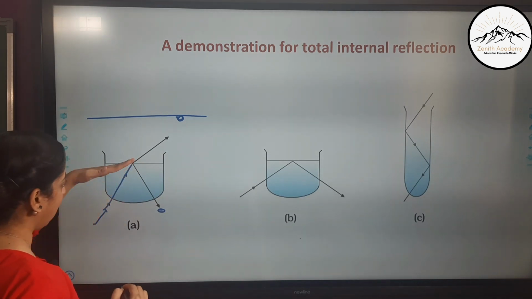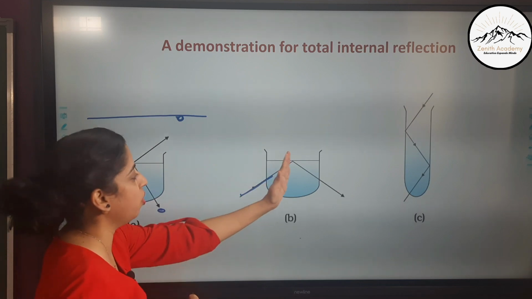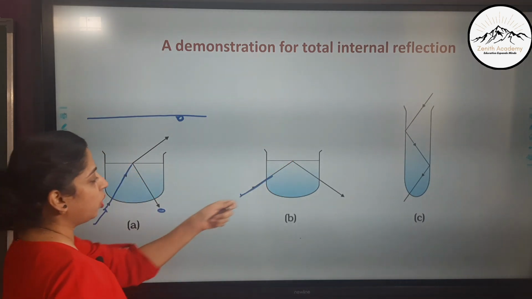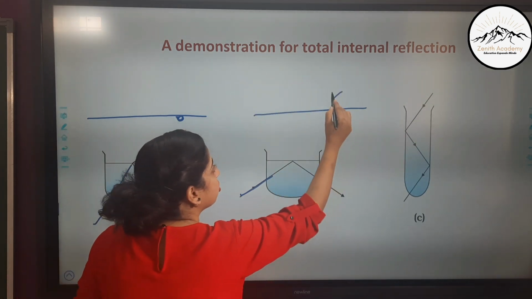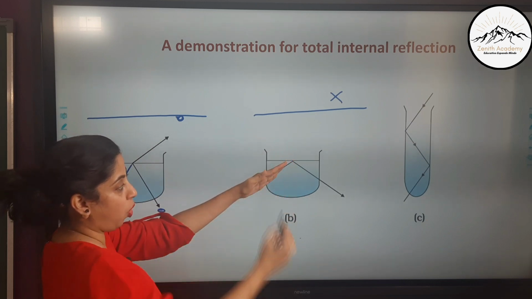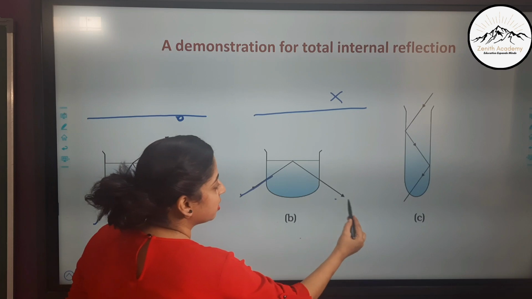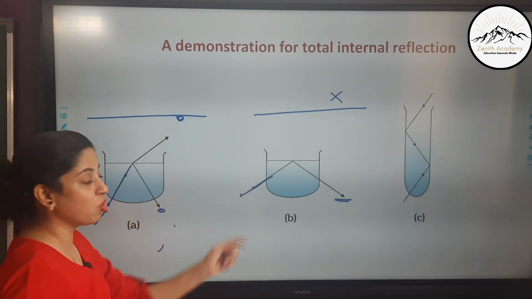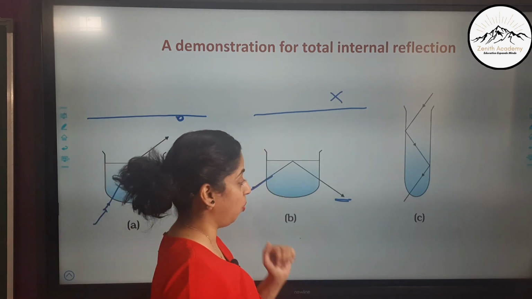Now if you increase this angle, so if you pass it through the walls, okay, what you have done, you have increased the angle. So you keep on increasing the angle in such a way that on the roof there is no spot. Okay. If you get such an angle, now there is no spot, then you will see that only the light will be reflected back and you will see a spot down. This shows total internal reflection. Okay. This explains the phenomenon.